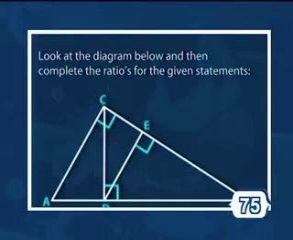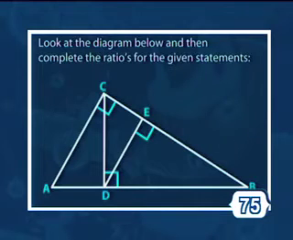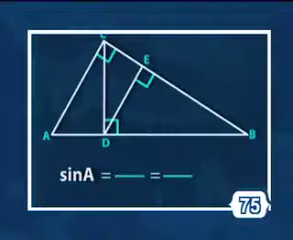Now in this diagram, we are given quite a few right-angled triangles. They ask us to look at the diagram and then complete the ratios for the given statements. So obviously this will depend on which triangle we are in. So we start by looking at sine of angle A. Now what you will notice here is angle A